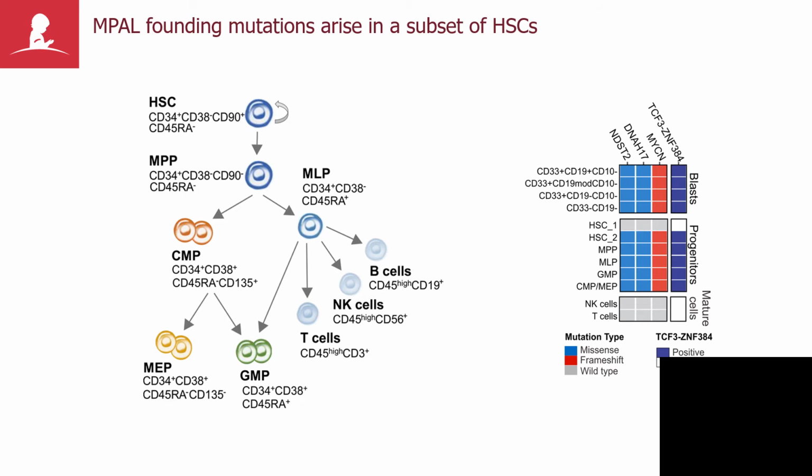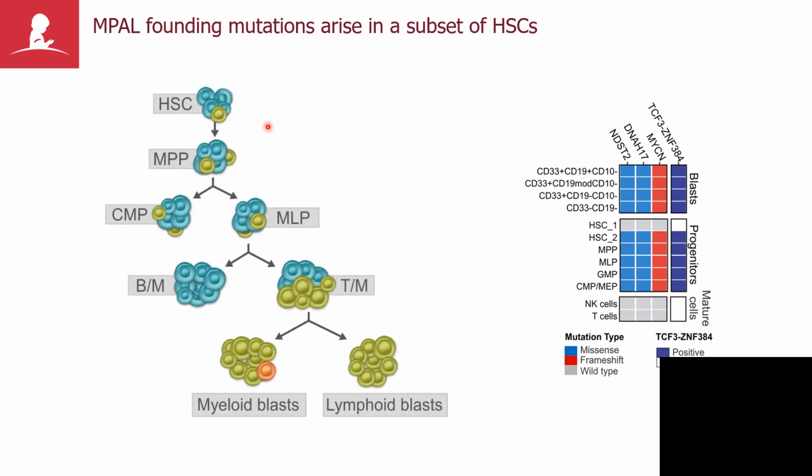And further evidence in support of this is shown here, where we took a number of different subpopulations of hematopoietic stem and progenitor cells from diagnosis samples from these patients, flow sorted these progenitors, and then sequenced them for the founding fusion and secondary mutations. We could find that a subset of hematopoietic stem cells, as well as the subsequent progenitor populations, but not non-leukemic populations, did have these founding fusions. So this strongly suggests that these founding lesions are acquired in a subset of hematopoietic stem cells, and that confers the lineage plasticity that we see in these cases.